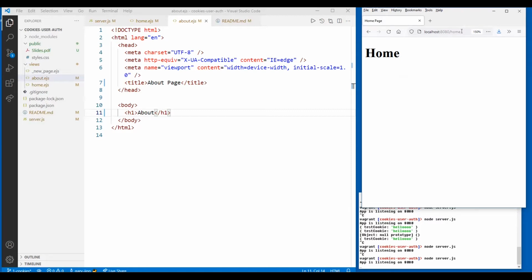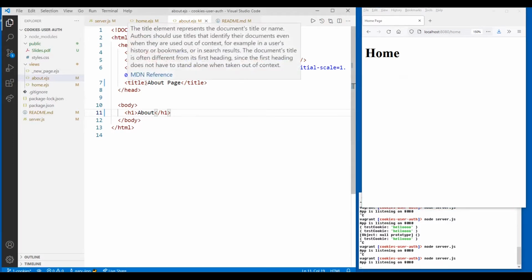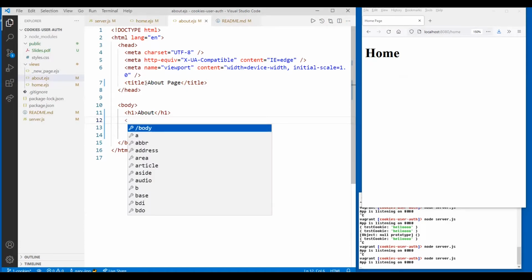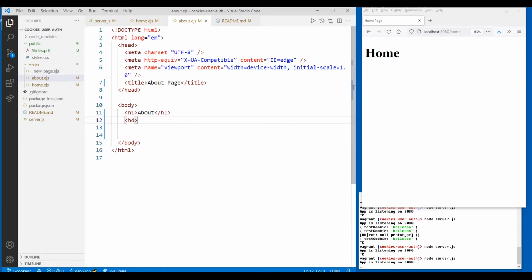Okay, so now let's do the following thing. Let's have our home page be about what's your favorite animal. So we'll add some stuff here. We're going to have our page remember what our favorite animal is. So we'll make it H4, something small there. And your favorite animal is